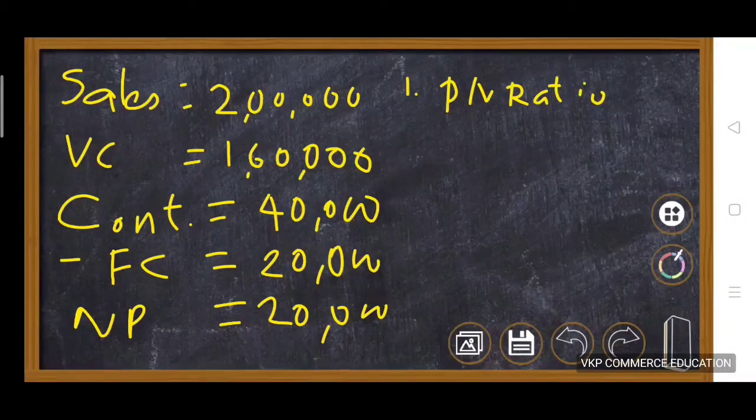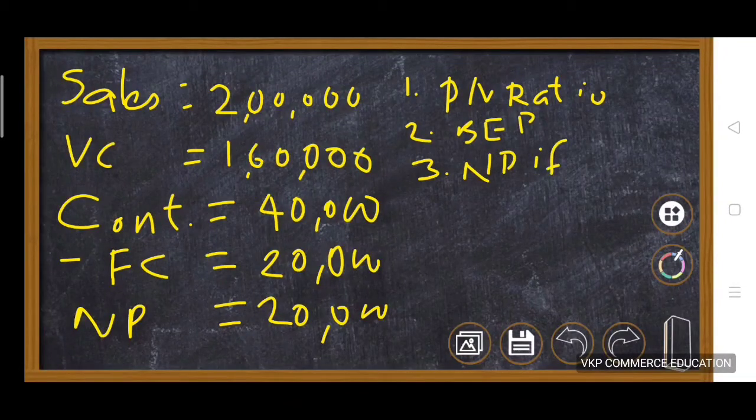First of all, you have to calculate PV ratio, then you have to calculate BEP, then number 3, you have to calculate net profit if the sale is